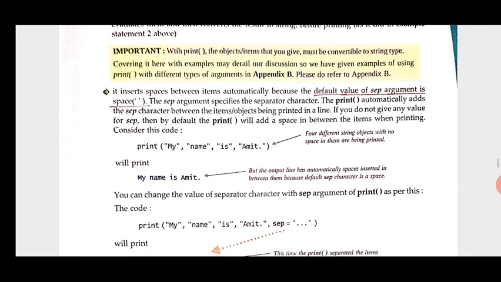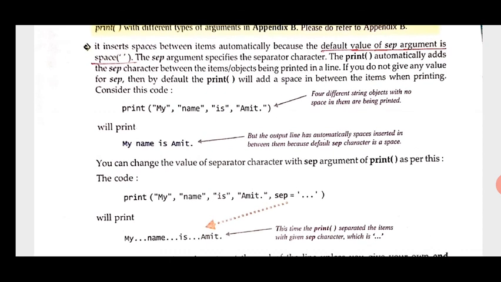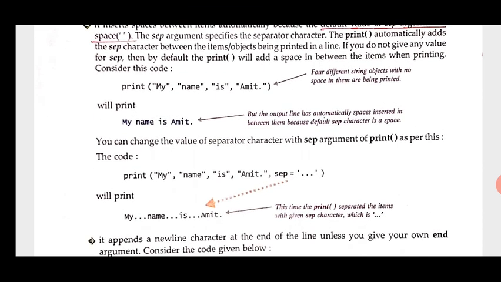So you can see here, print my name is Amit, or print my name is Amit, comma sep is equal to dot dot dot. Both statements are the same, because if sep is not written, then spaces will come, and if sep is written, then whatever value you give inside the sep will come.